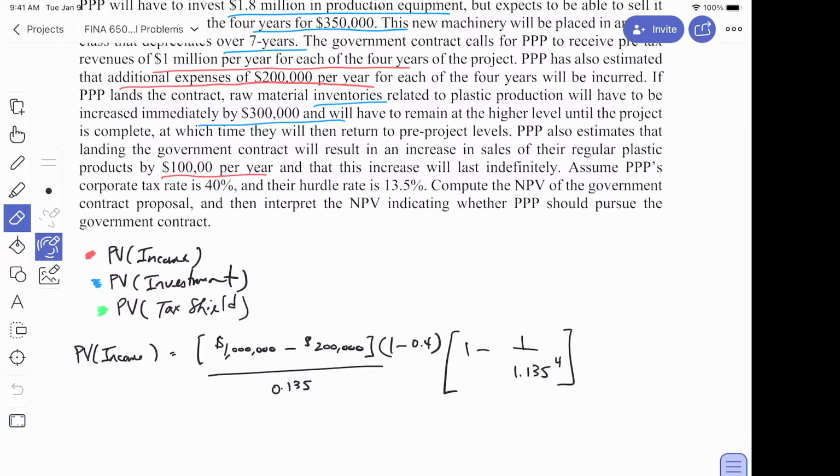So that's what I have for income. Okay, what do you compute? Oh wait, do we put something else? That's just the income. I have that blue, no, that's red. And increase in sales. We should add it too, right? Even though we call it a side effect, we're going to add that as well. So add the 100,000 in a perpetuity after tax.